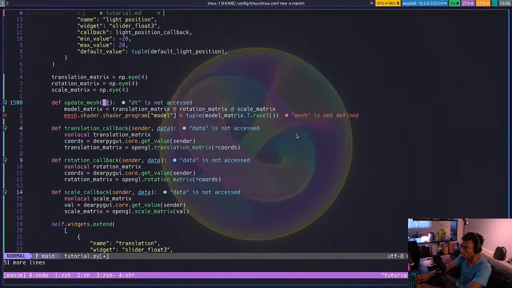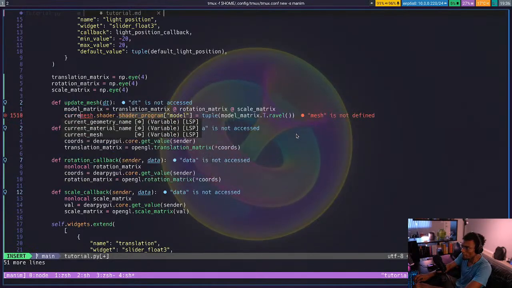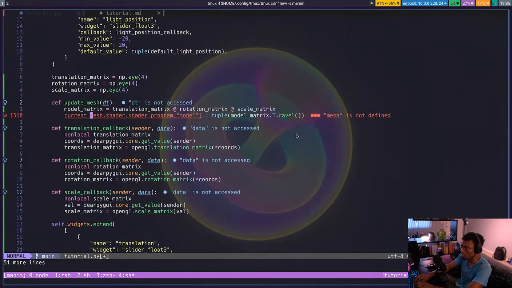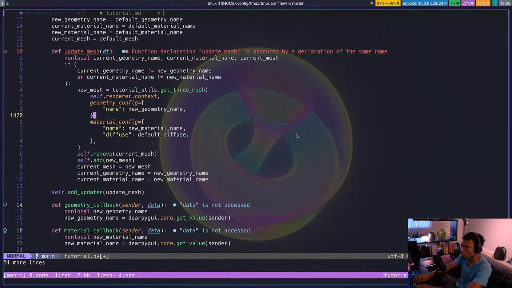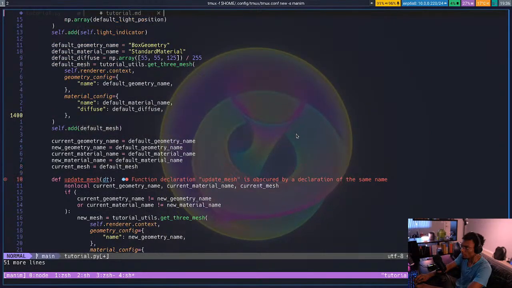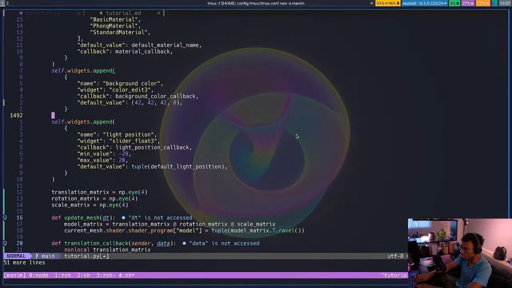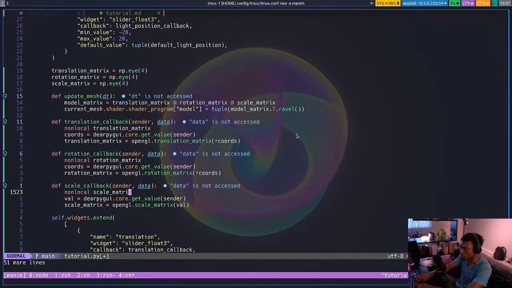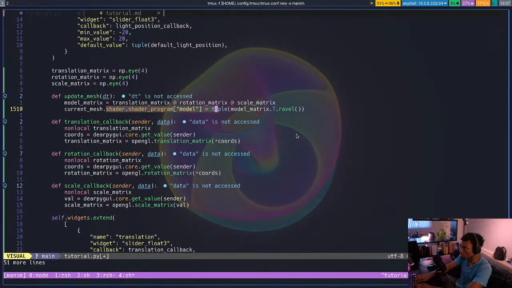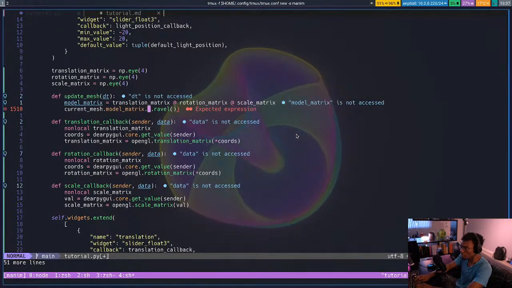Let's just take DT. Has to be the current mesh. And to update its model matrix, to do this, dot model matrix,